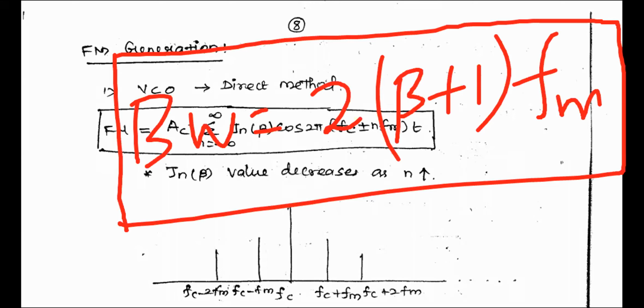Okay, so this is called Carson's rule of bandwidth for FM. In the exam they may ask what Carson's rule of bandwidth is, or they may ask what Carson's rule of bandwidth is applicable to, AM or FM. So Carson's rule of bandwidth is applicable to the FM system. Okay. Now see what our bandwidth is. Our bandwidth is 2 times beta plus 1 times fm.